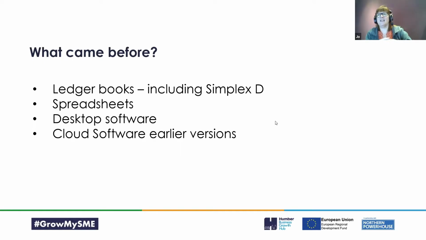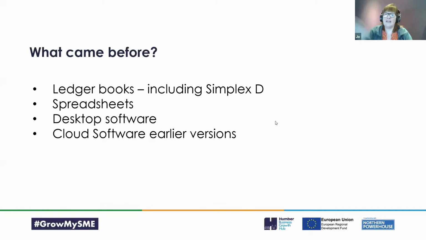So recently, in the last couple of years, we had Making Tax Digital coming in. If you had desktop software that you'd had since the year dot, then it wouldn't have been Making Tax Digital compliant. You would have had to upgrade that software to get it to be Making Tax Digital compliant. But if you had cloud-based software, as that software became compliant for Making Tax Digital, you would already have that. And that for me is great because things change all the time. Making Tax Digital is coming in through to self-assessment in the near future too. And these things are changing. HMRC are changing the way that they accept information. They're looking for digital links.